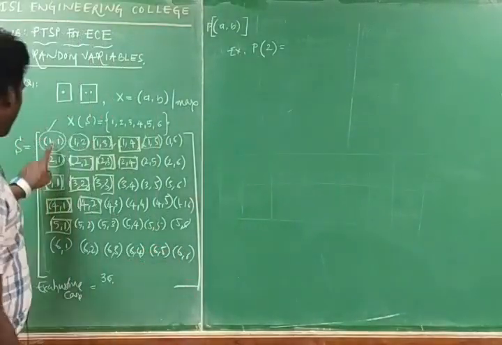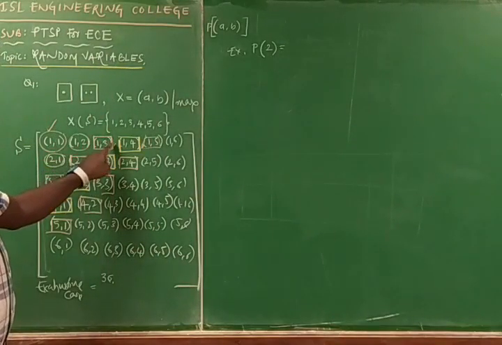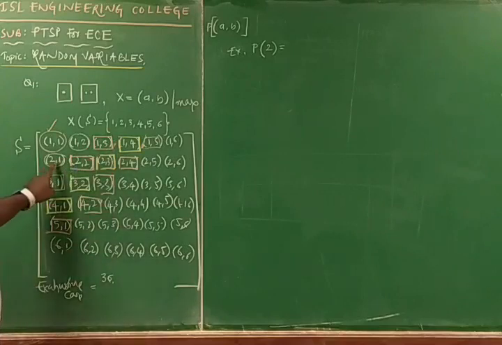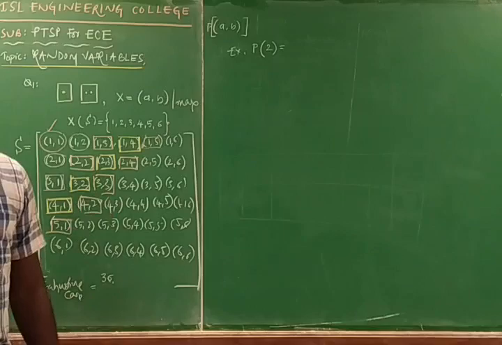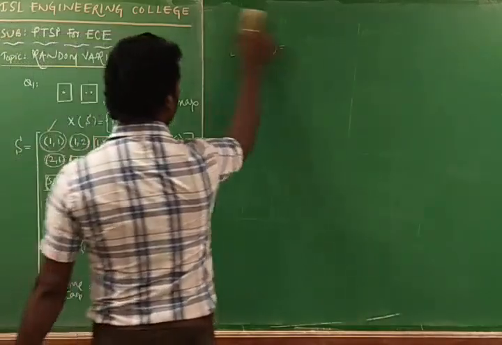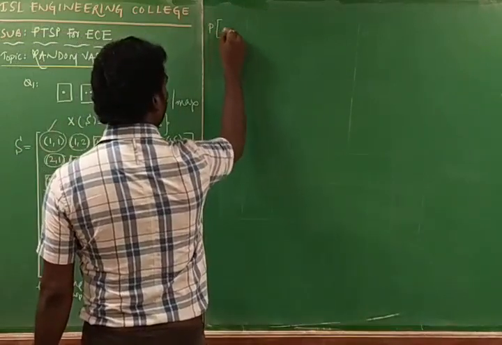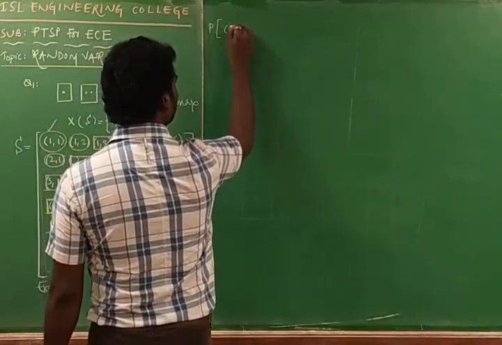That means what? 1 1, 1 2, then 1 3, that is what? It is more than 2. Next one is what? 2 1 and 2 2. 4 combinations are there, probability of getting the 2. Here I am going with the combination, so that I am explaining the second case, that is probability of a comma b,